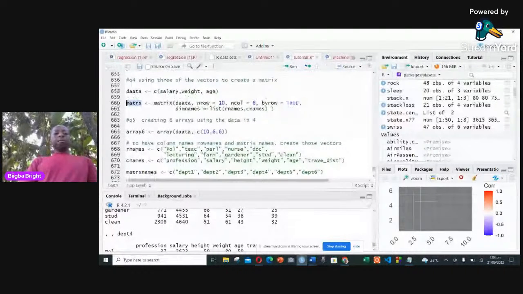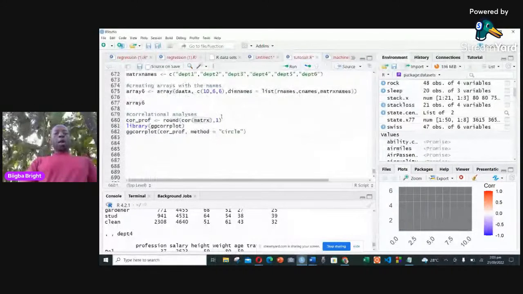So I came here to do that. You just use cor, and then the plot comes with a package called ggcorrplot. So I installed that particular package, and I then have to load it. Loading means you